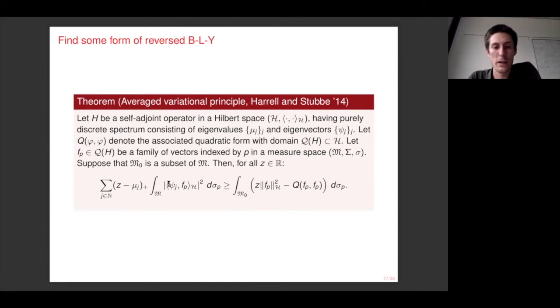And this can somehow be interpreted as an average version of the classical variational principle for the first Riesz mean, or equivalently for the sum of the first k eigenvalues. And this has turned out to be an effective tool to provide reversed Weyl-sharp bounds for a series of problems. For example, for the Dirichlet Laplacian, the work that I already mentioned by RL, Provenzano, and Stubbe, or also for the Dirichlet bi-Laplacian. For example, there's a work by Boso, Provenzano, and Stubbe.